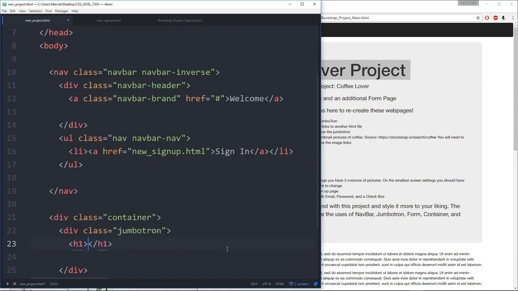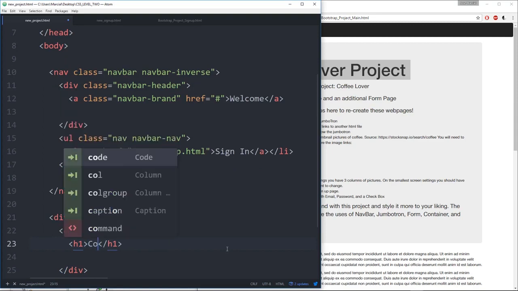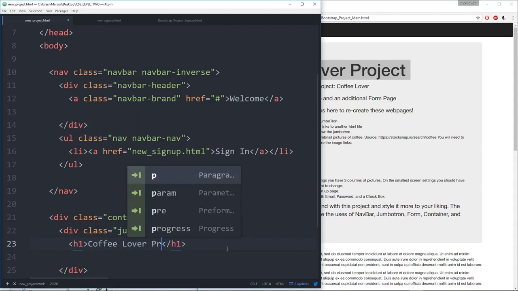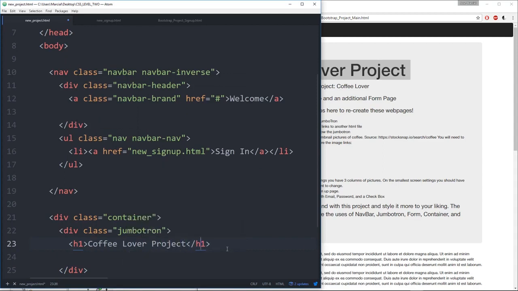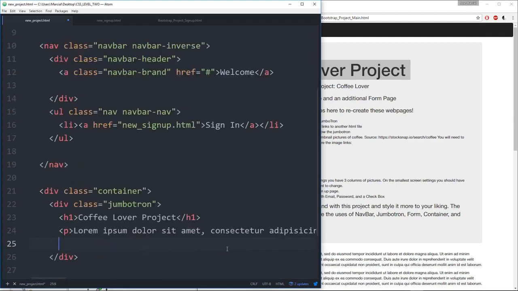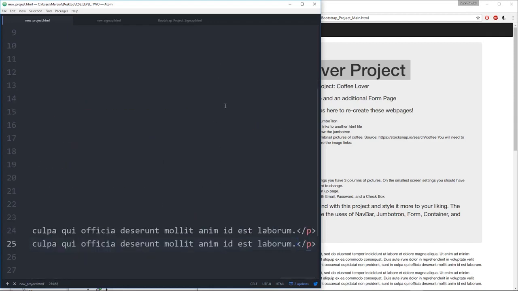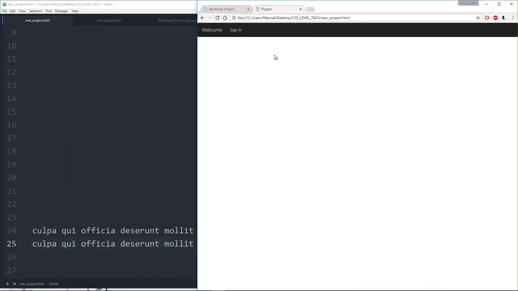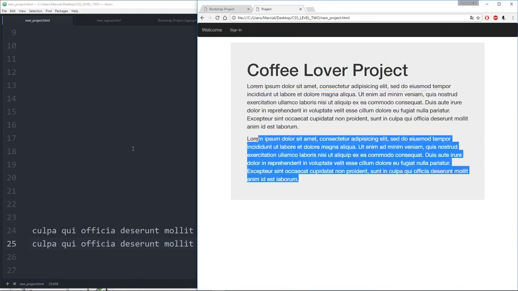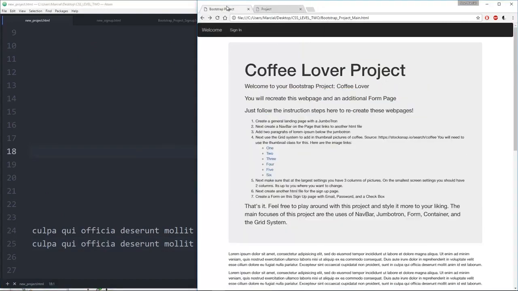and then we'll say h1, coffee lover project. And then let's add in some paragraphs of lorem ipsum here, just so we have a little bit of content on the page. We'll save that, refresh our project, and we can see here we have coffee lover project, lorem ipsum, lorem ipsum. So if we come back to Bootstrap project, we've created a general landing page with a